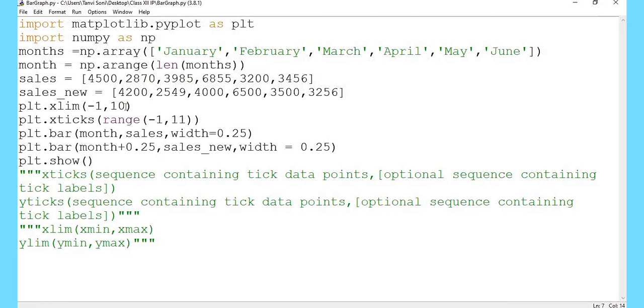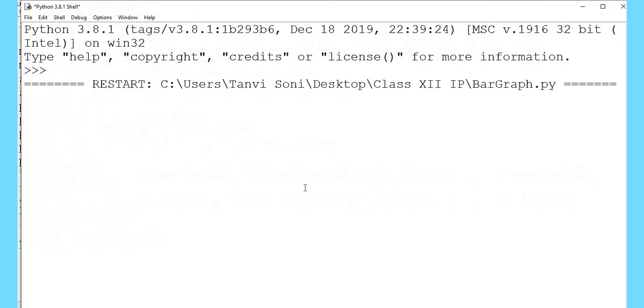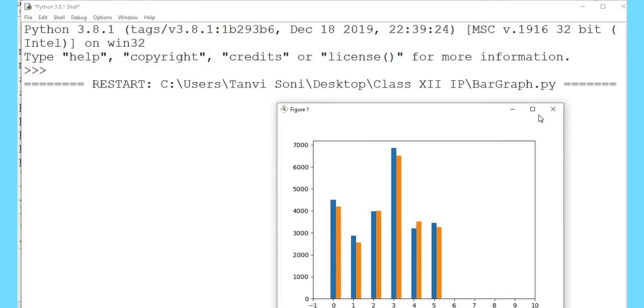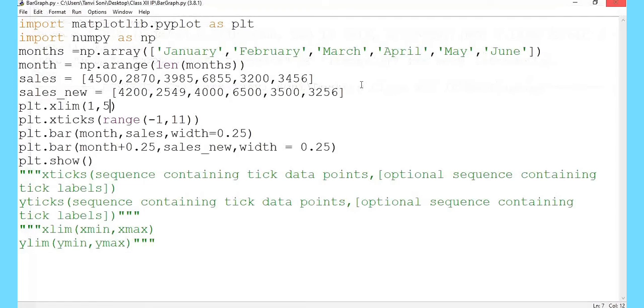Let's change the limit. Nothing has changed on the bar chart. When I make this plt.xticks a comment, now notice the change.